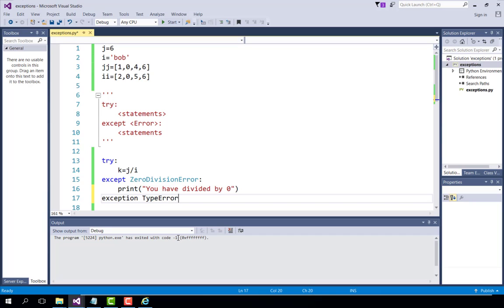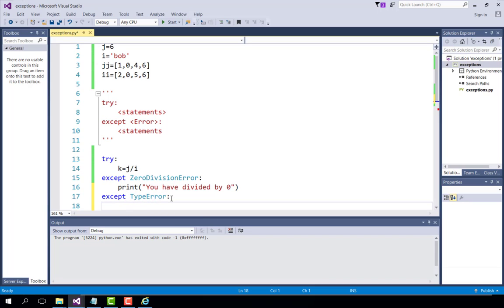Some of you, if you get the auto completion, it might work. As you can see here, oops, I put exception instead of except. Let's try that. Okay, now I get the nice grayed out thing, and I can type